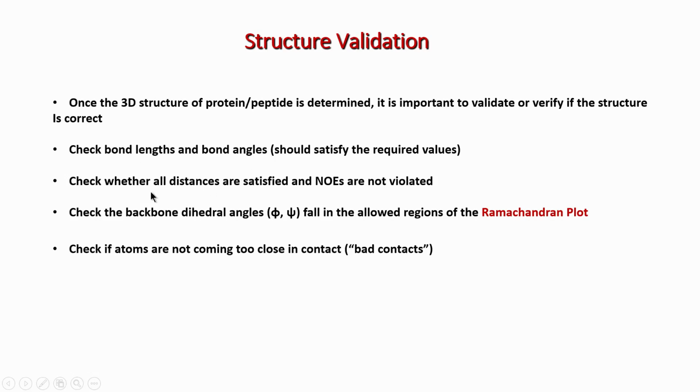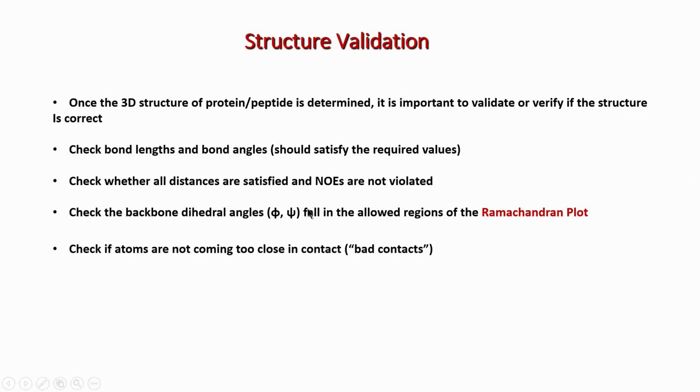The next check is whether any NOE which you have given was violated or not. Violated means suppose you gave a distance value of 3.1 for 2 atoms, but then in the real final structure it was found to be 4.1, which is a huge violation. So, that is not acceptable. That kind of distance check is carried out, and then you reject those structures where the deviation between the given NOE distance and the observed distance is very high. There is some sort of cutoff which is used, and anything beyond that cutoff is rejected.